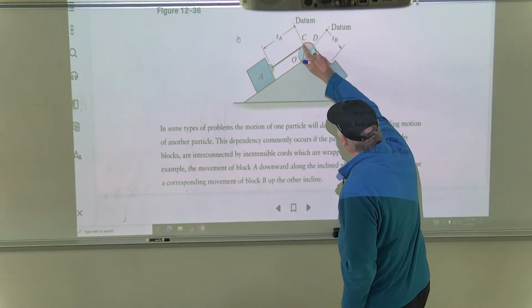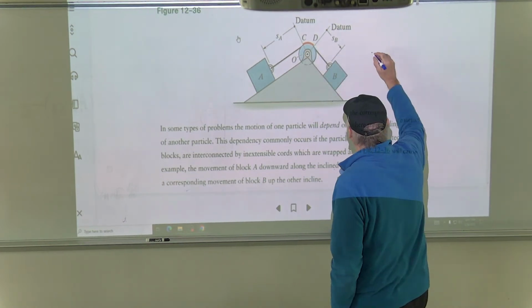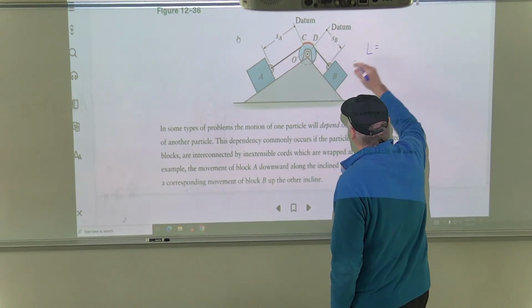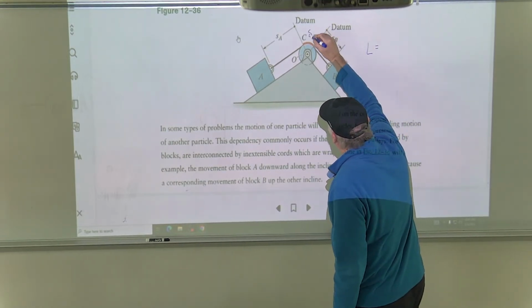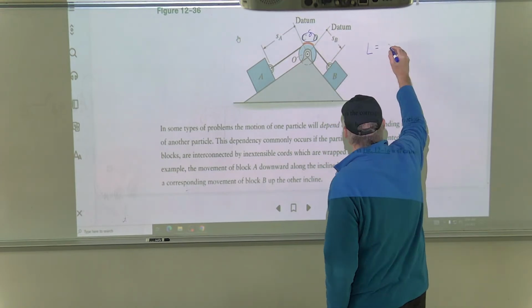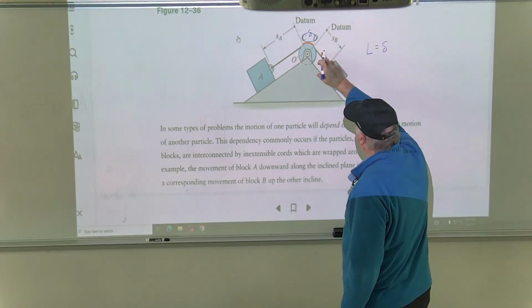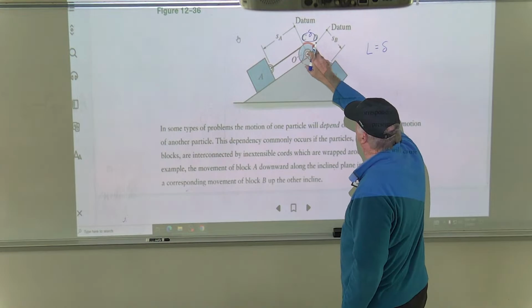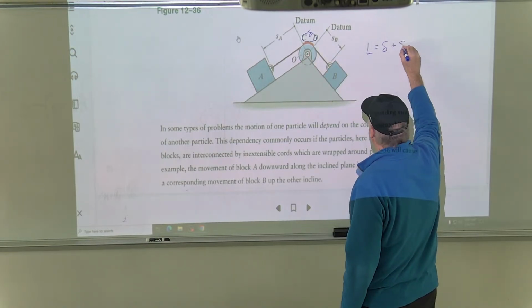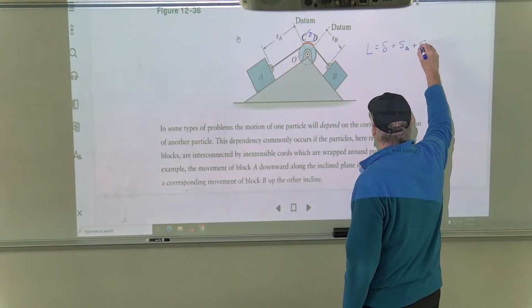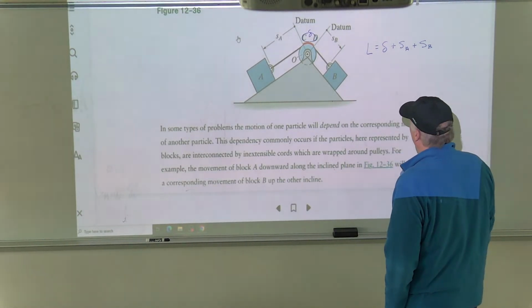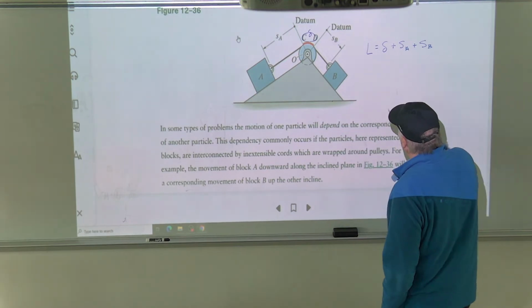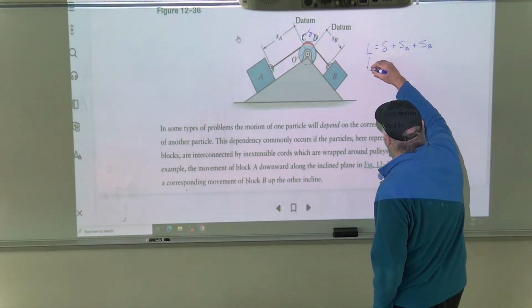The reason CD is colored red is because the next thing he does is he says, I'm going to find the length of the rope. And so, you can call this delta CD, the part of the rope that's red and remains the same length at all times, plus SA plus SB. Now, that's great, but the key is taking the time derivative of that.